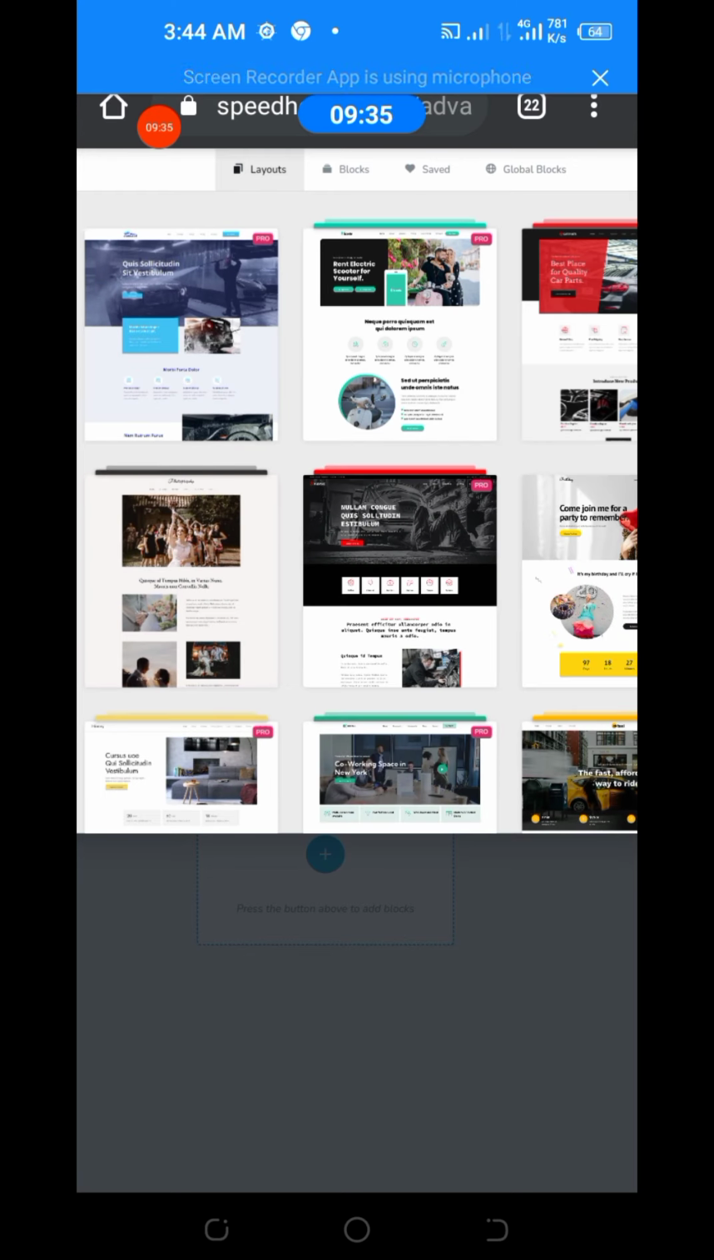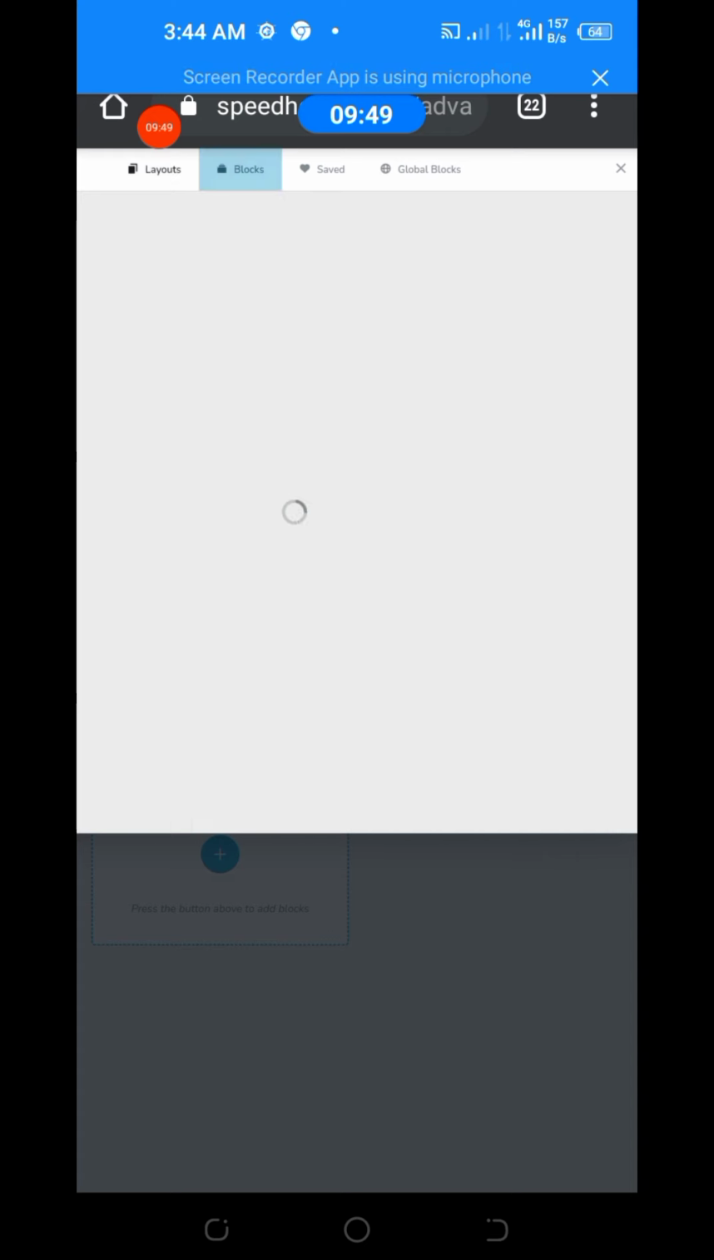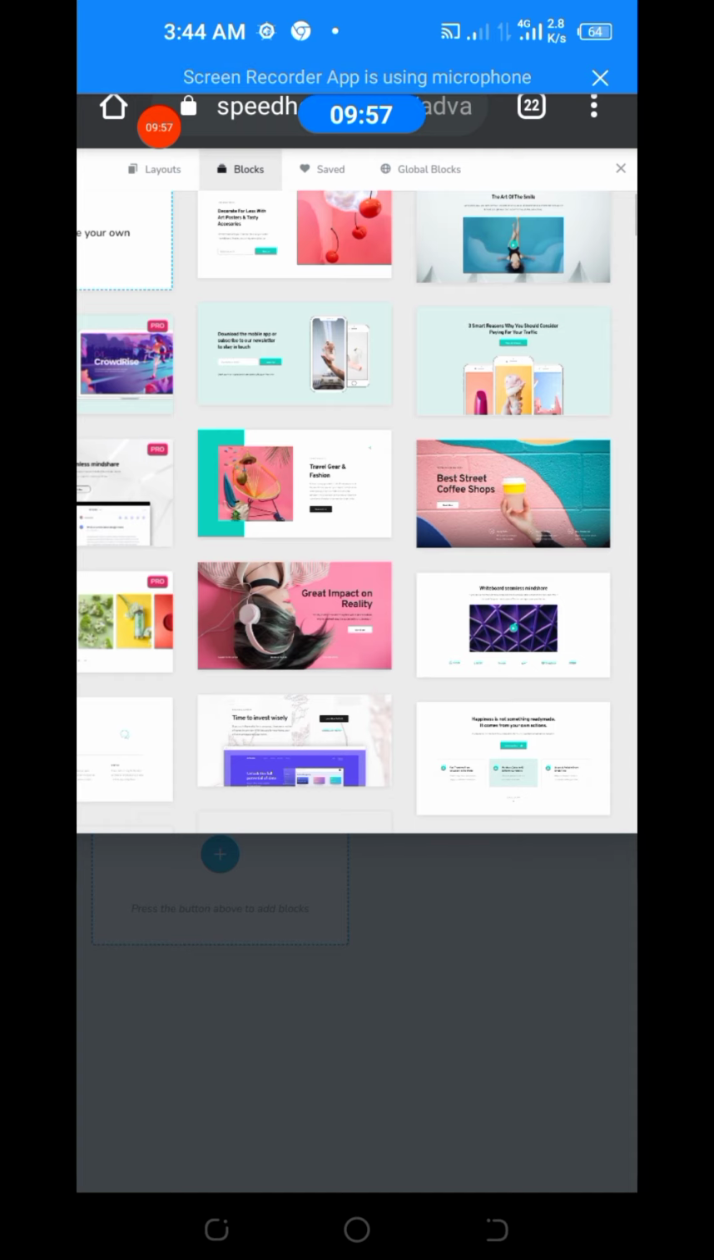a complete page that you just need to edit, that is layout. Layout is a complete page, while block is one aspect of a page, just a line of a page. You can see what is on that block. You only have little things. It's different from